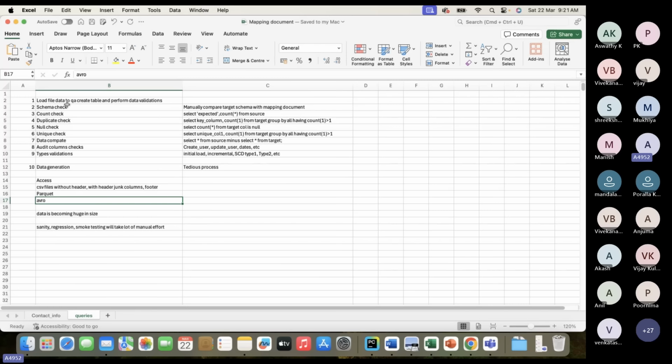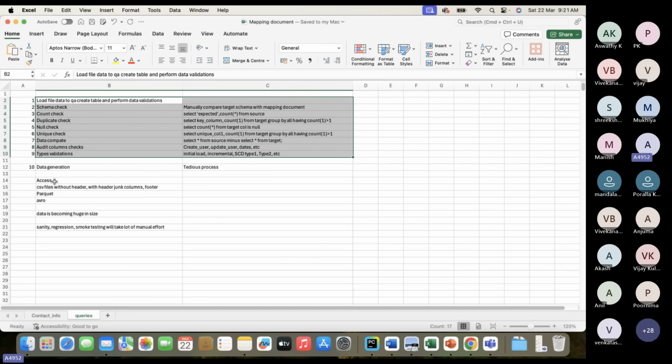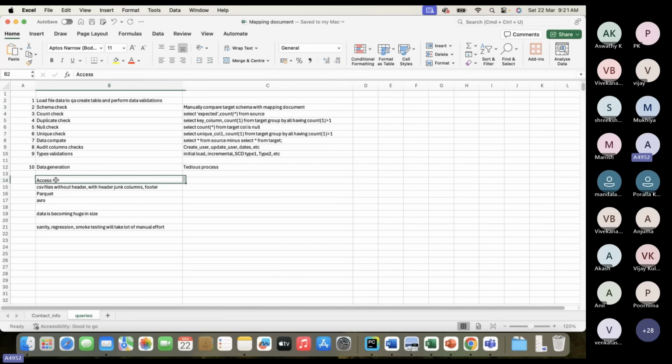The other challenge is, for example, we already know how to create the table. We thought to use this approach, but sometimes they won't allow you to insert, they won't allow you to create database tables. So you will get some access issues as well, right? They never give you access to create a QA created table. So assume you have access, and then we have seen these problems, right? Multiple table, multiple file insertion.